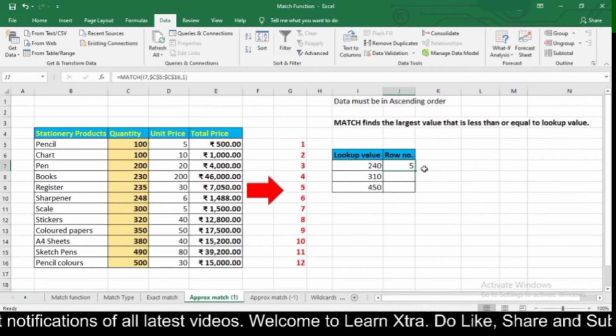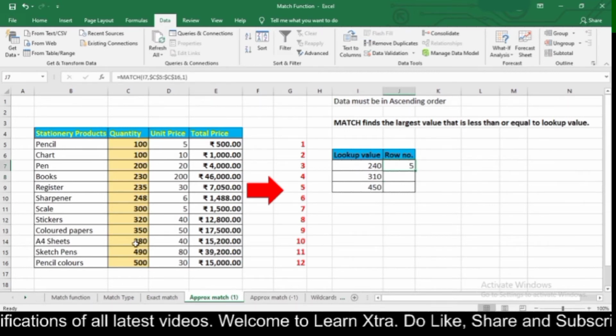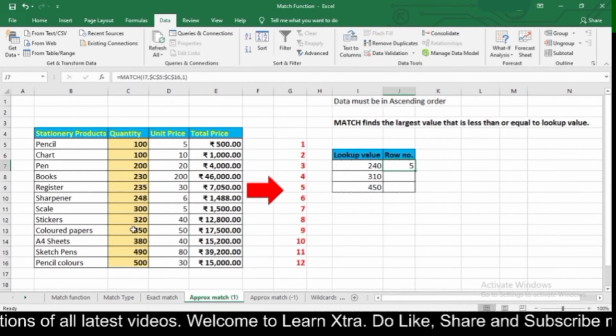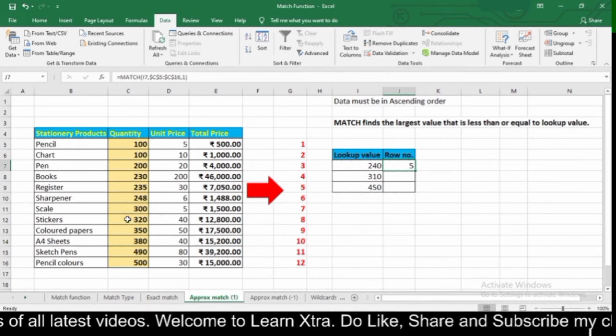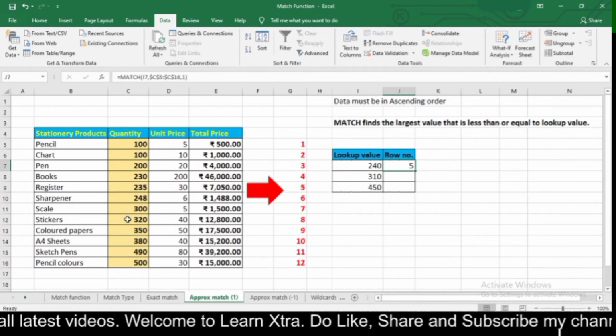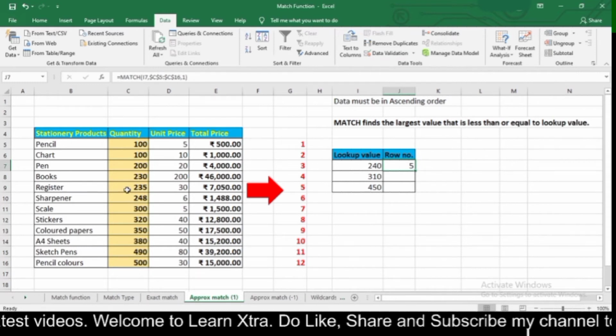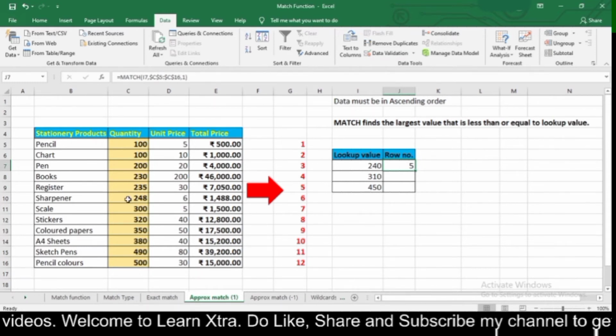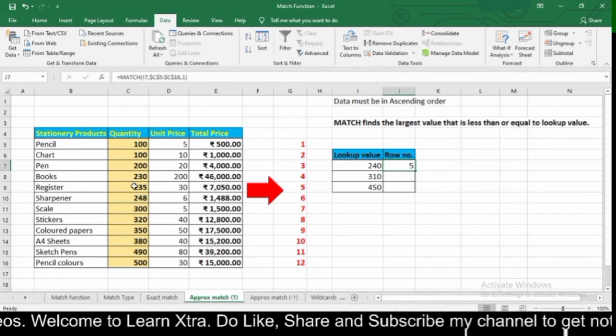So here I got my answer as 5, because in this column I didn't have any value equal to 240. Here I have 235, and then after 235 I have 248.